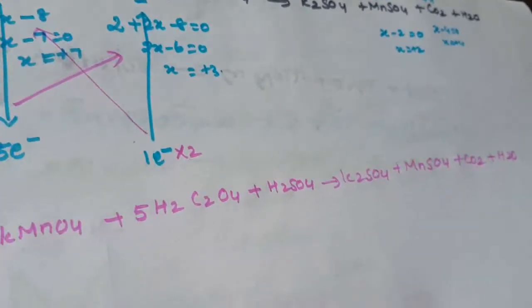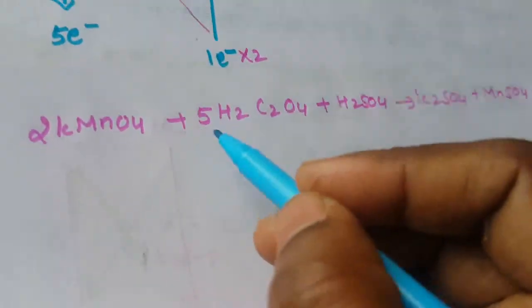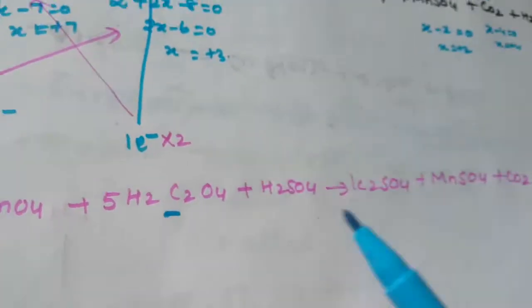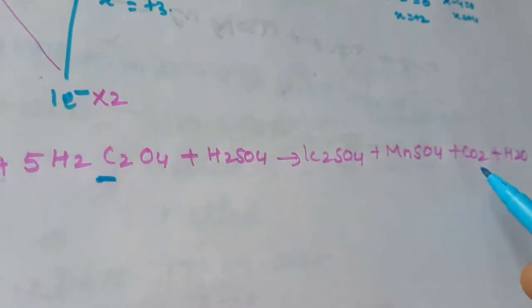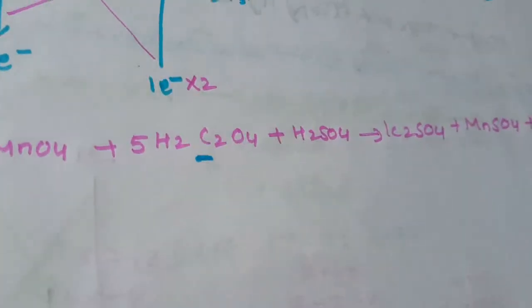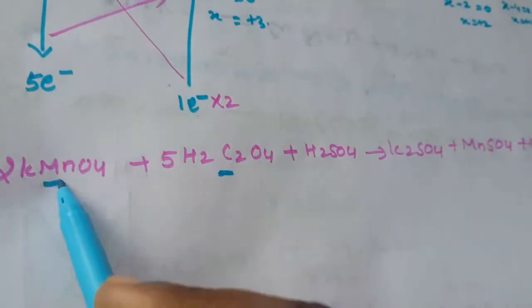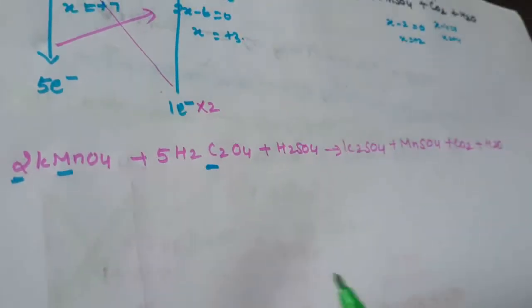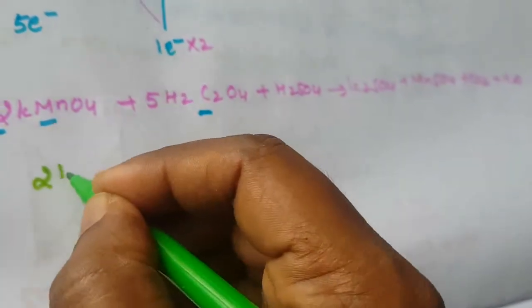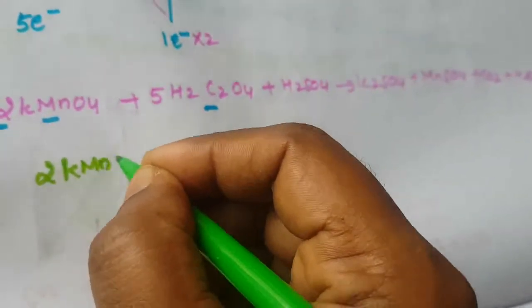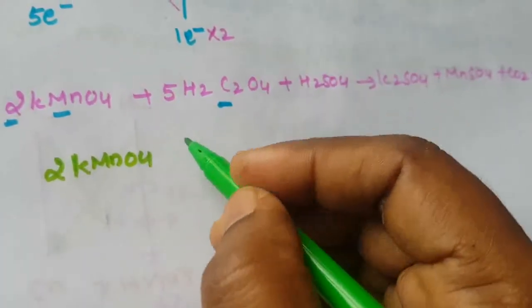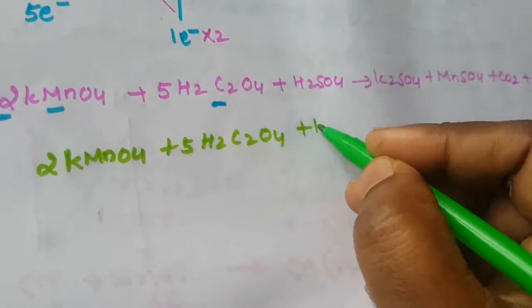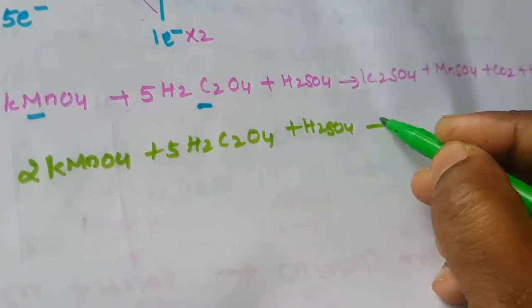Now next step, how many carbon is there? Now totally 10 carbon is there. Here that is only 1 carbon is there. So the next step is adding 10 carbon. Again here 2 MnSO4. So that is next step. You are arranging that one. So you are balancing that Mn. KMnO4. Then here the same one, H2C2O4 plus H2SO4.